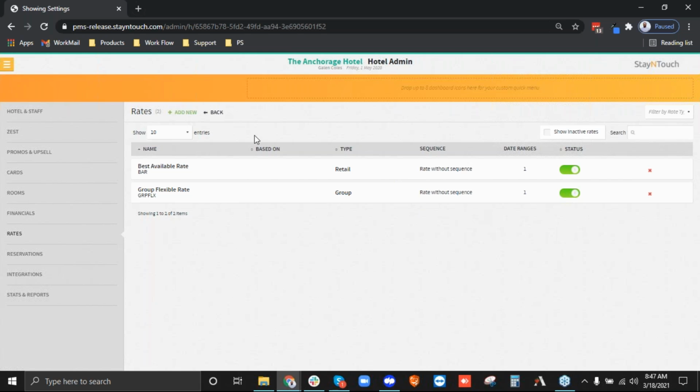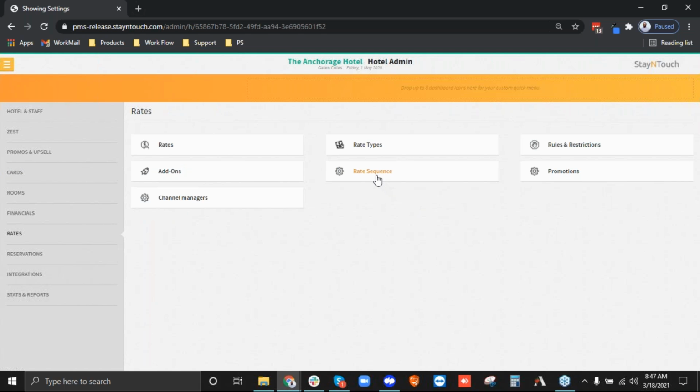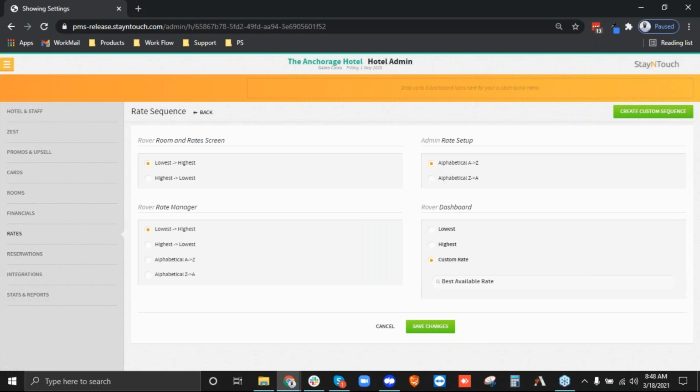So let's talk about sequence really quick. It is the ability essentially to customize the ordering of your rates as they appear in various portals within the tool. So when going into rate sequence, you've got some defaults here. You can look at things